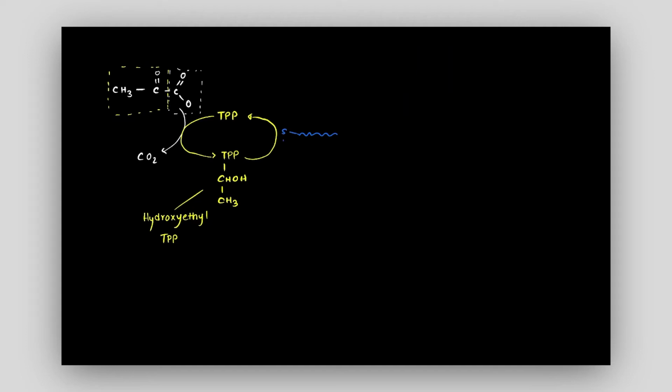So this is the oxidized form of the lipoic acid group, and while it is coming back to the TPP form, this oxidized form gets reduced to the reduced form,